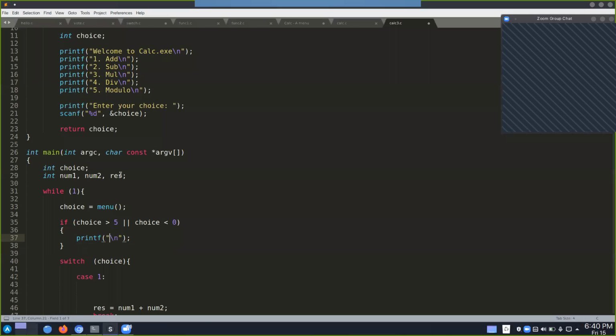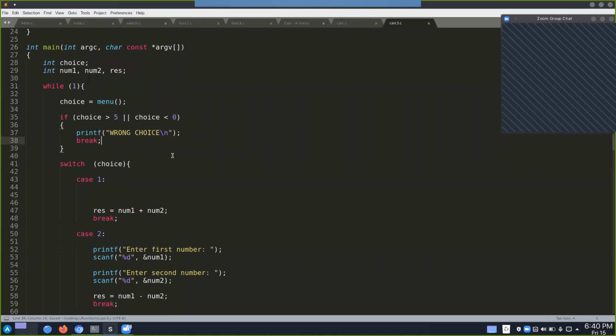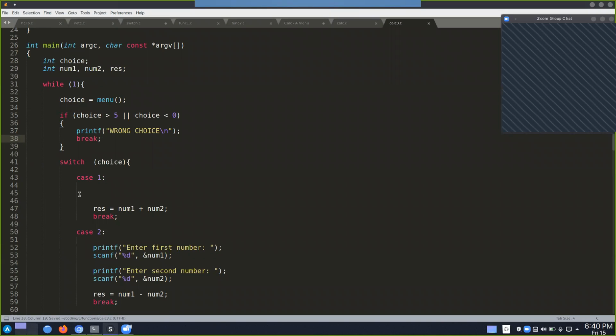we just print wrong choice, and exit. And for that, since we are inside a loop, we use the break statement, and there we get out of the loop. Now, since we have done that,